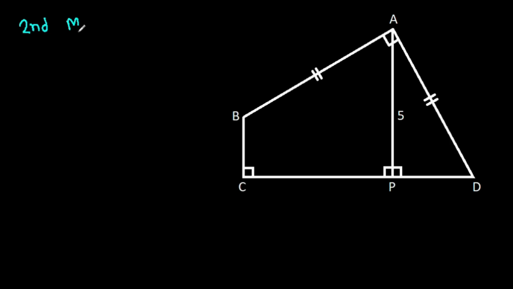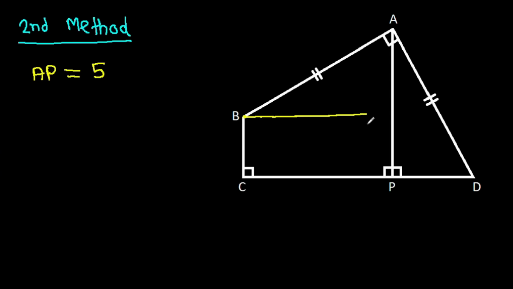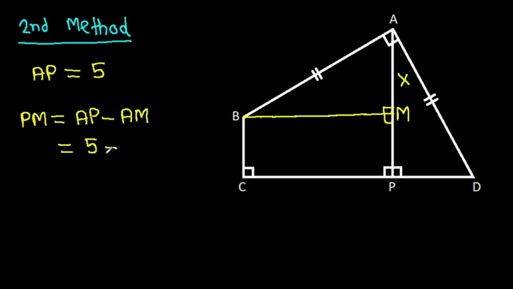and the second method, we have AP is 5, and from point B, if we make a perpendicular on AP, suppose this point is M, and suppose AM is X, then PM, it will be AP minus AM, and AP is 5 minus AM is X. So PM, it is 5 minus X,